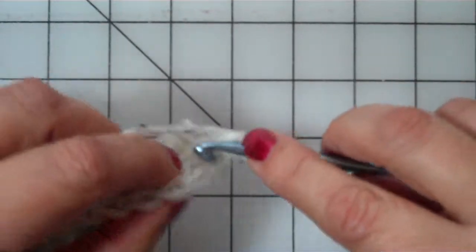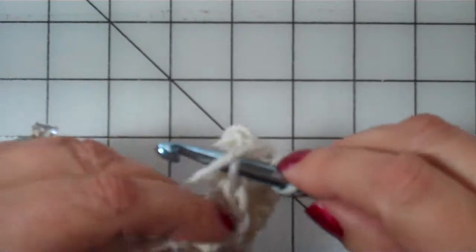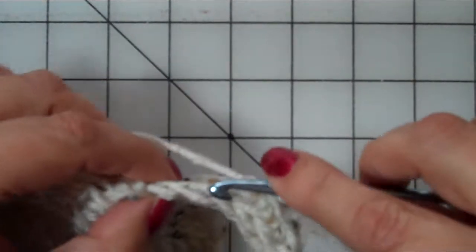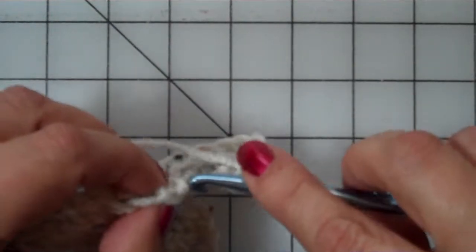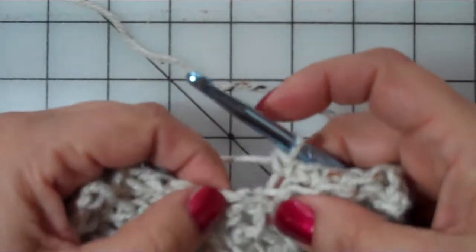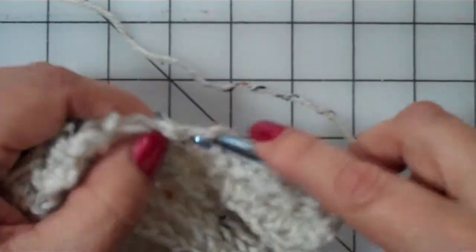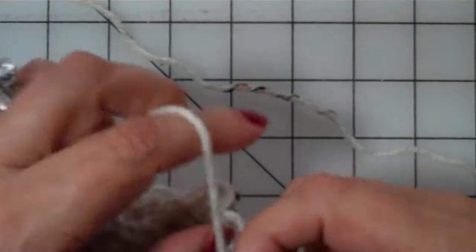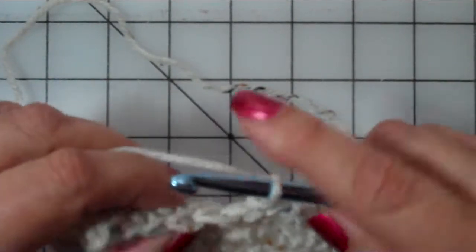Okay, so we've chained 1, so we're going to go back into our original 5, 1, back loop, single crochet, 2, 3, 4, and 5. Okay, let's pull our yarn a little bit. Look for that stitch. Don't go into the stitch that you're in. We're going to slip stitch and we're going to slip stitch. Okay, so we slip stitch twice and we're going to turn our row, and 1, 2, we skip those, and